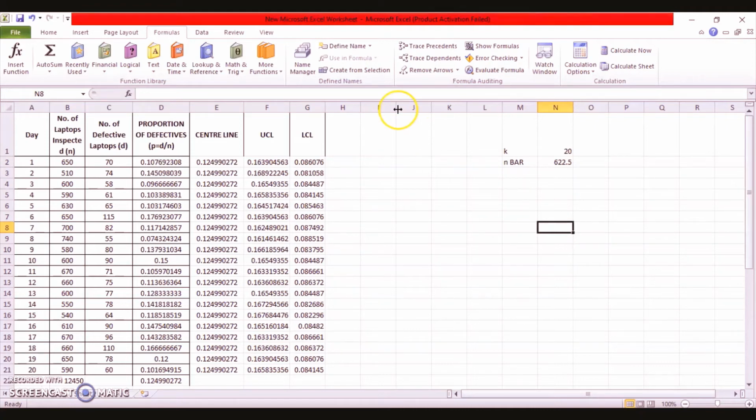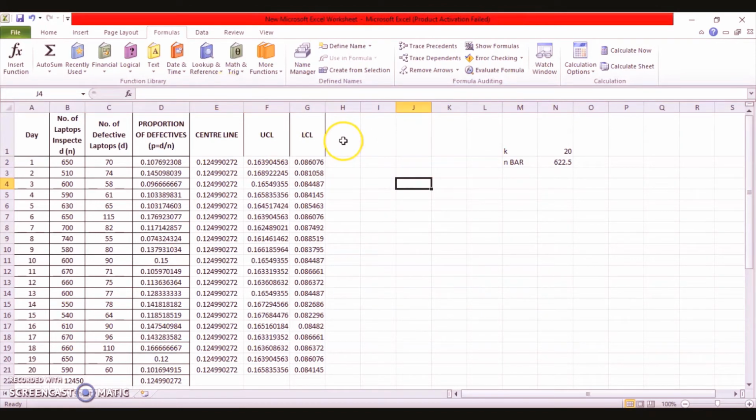You remember while calculating the upper control limit and lower control limit, we used a certain formula. As you can see on the screen, in this formula we were writing B2, and you remember I have not put a dollar sign anywhere here. Why? Because the value of N was changing. It was a variable sample size. So here something is going to happen with this B2 value.